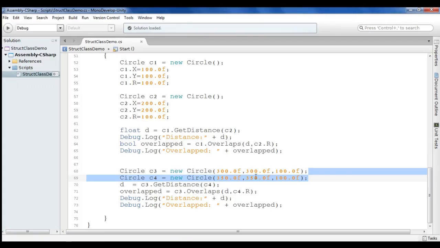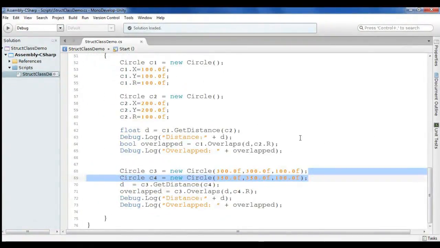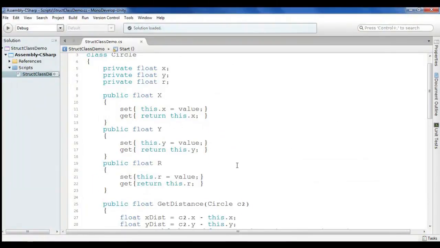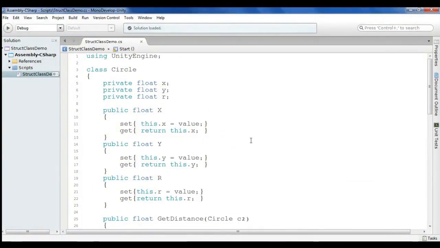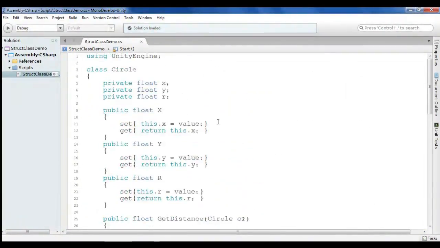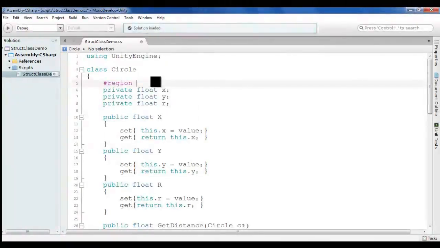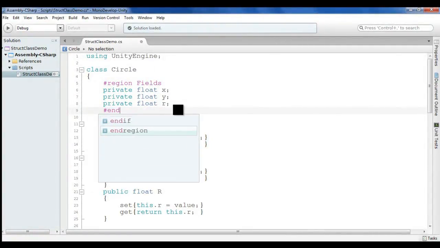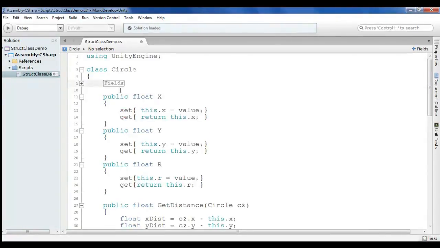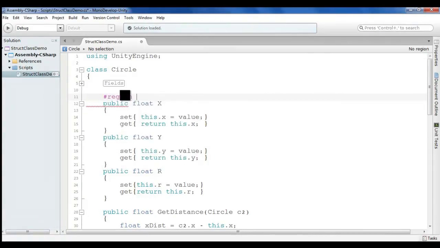I hope you guys have understood this code. Please build your skill, understand yourself. And you can do a little bit of clean coding, though this is properly understandable anyhow, right? You can create regions. It is better to create regions if you want. The region which is for fields, #region Fields, and this for #endregion. Good. And I can collapse that, and here I can say #region Properties.